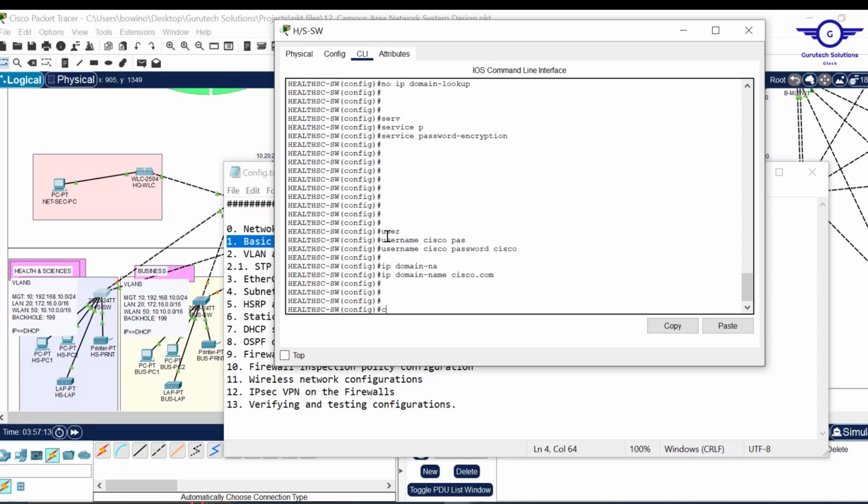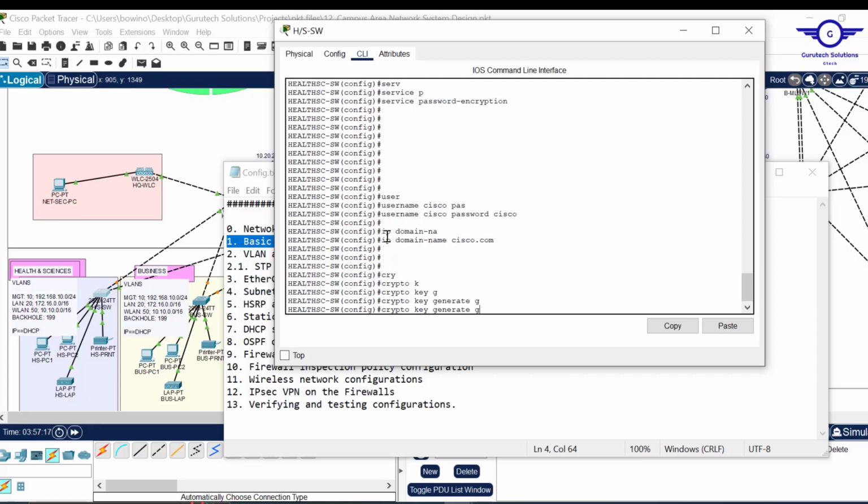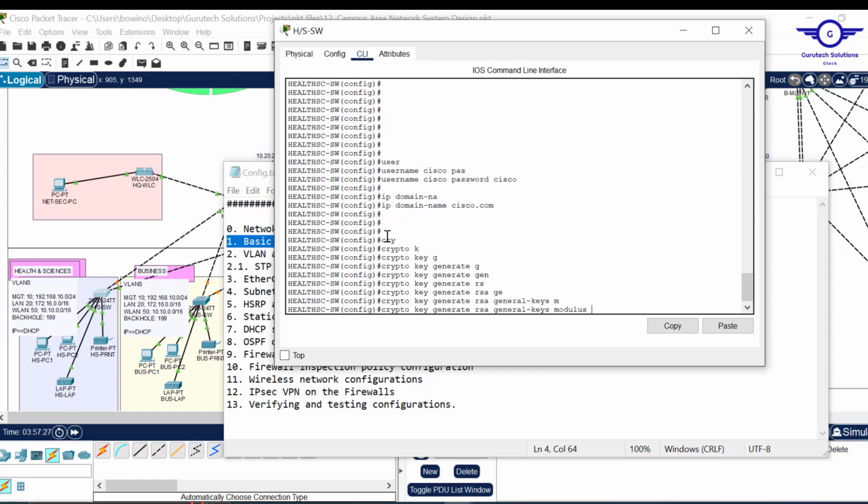Just say crypto key generate RSA. Good. Then general keys to be a modulus length of 1024. Okay. Crypto key generate RSA general keys, the modulus length to be 1024, and just hit